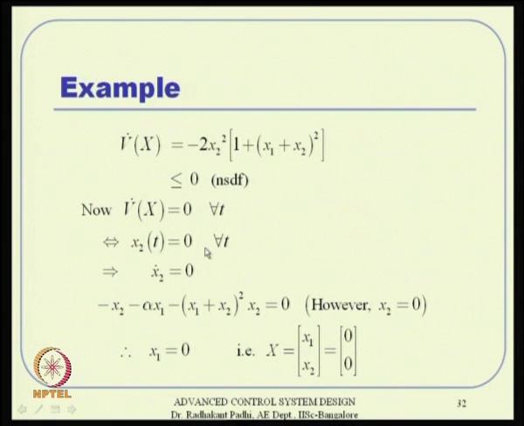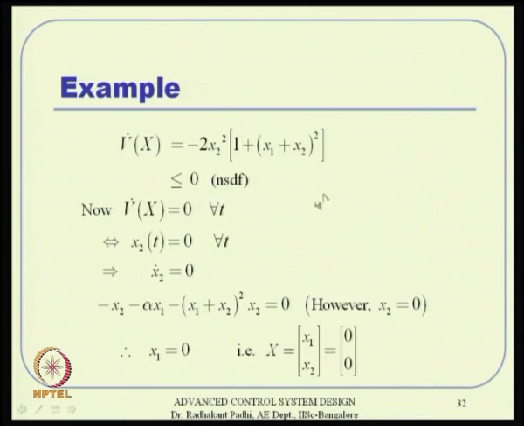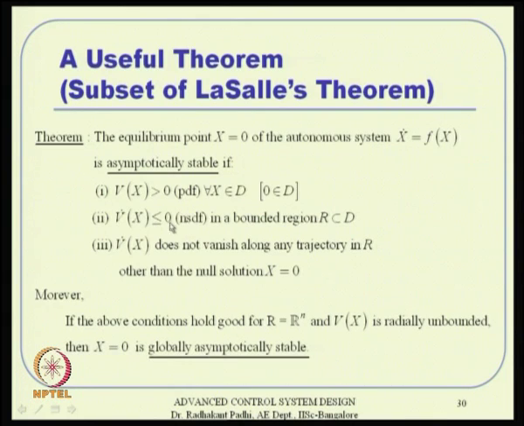at x 2 equal to 0, and if x 2 happens to be 0 for all time, then x 2 dot is also 0, and x 2 dot happens to be like this. Okay. So, substituting that one, and also noting that x 2 is already 0, you are left out with, because x 2 is 0, this one is cancelled out, this one is cancelled out anyway. So, you are left out with no choice other than x 1 equal to 0. So, it happens that x 1 and x 2 both equal to 0 whenever this V dot is equal to 0. Okay. So, V dot equal to 0 happens only on the equilibrium point, and hence using this theorem